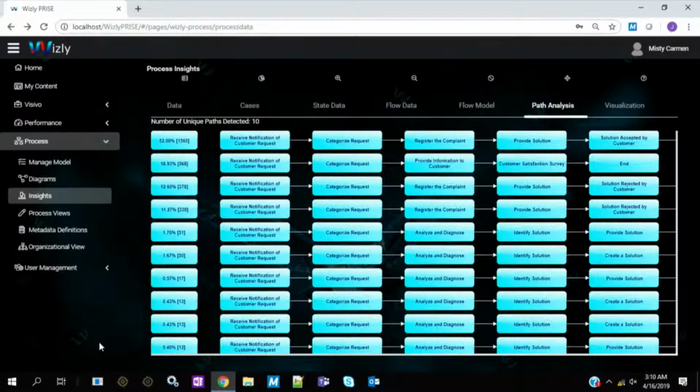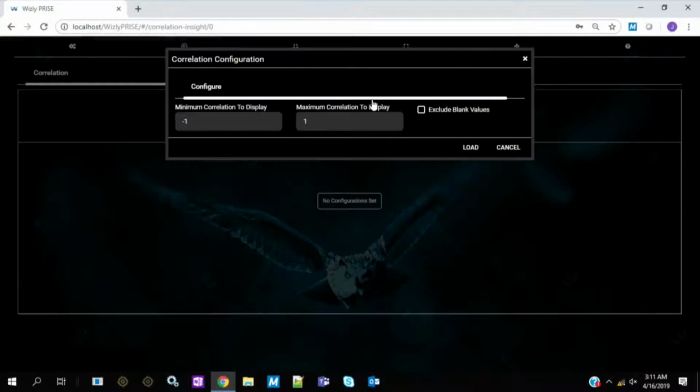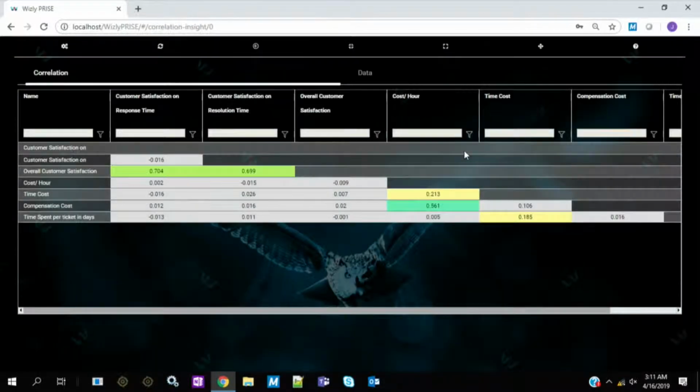We can see here there are 10 unique paths for my data set of 3,000 transactions. And let's run some analysis on the total data set. So the first thing we will do is try and understand correlation between the different numeric data sets. The whole purpose of these analytics is built in. You don't have to be a data scientist. If you're a business user, you can very quickly click on the analytics and it guides you into getting some